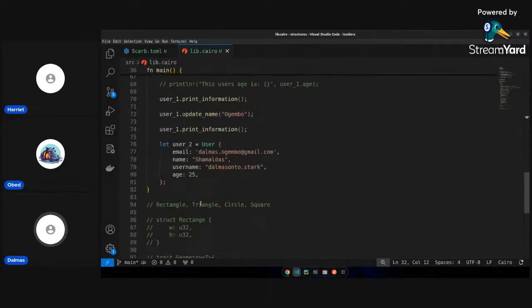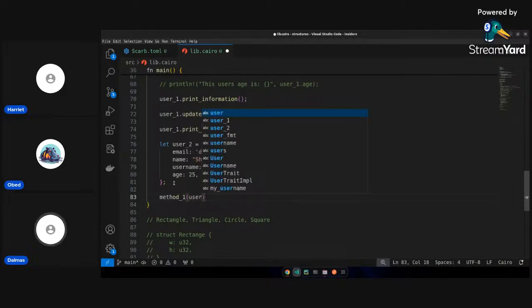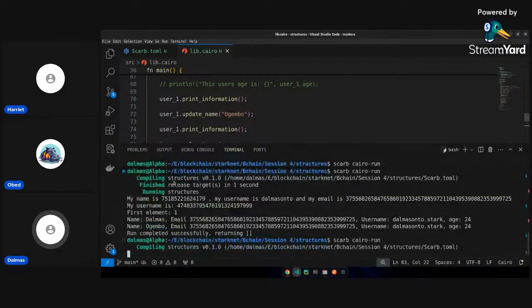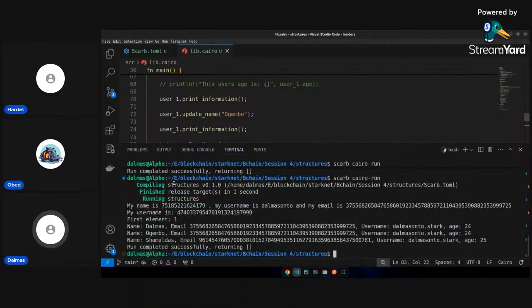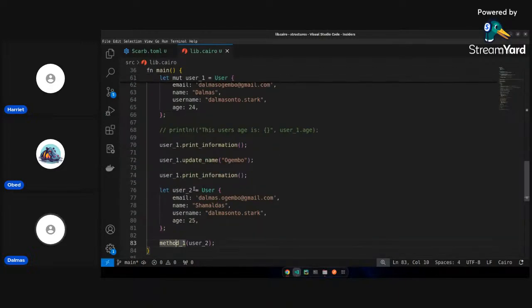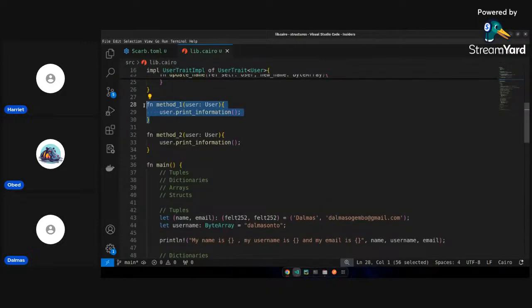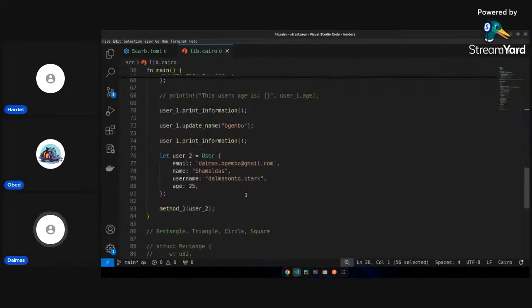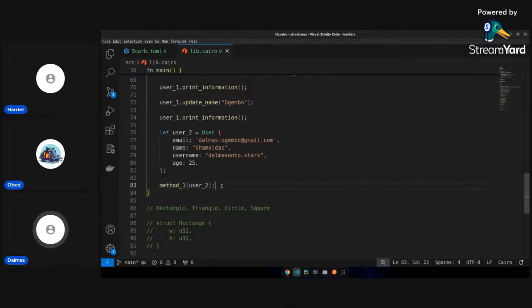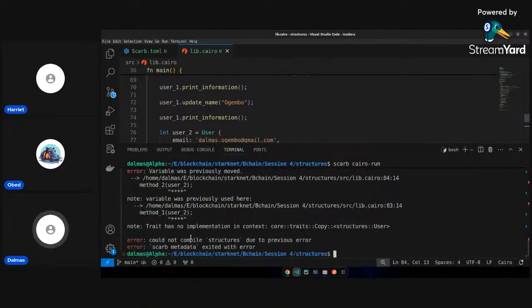And down here, I just come and say method one. Then I call method one with user two. So if I do this and try to run this code, you realize it will just run shamaldas. That's the new print from method one that we have here. Let's try to do the same for method two. So if I copy or duplicate this line and I try to run it, then you realize we get